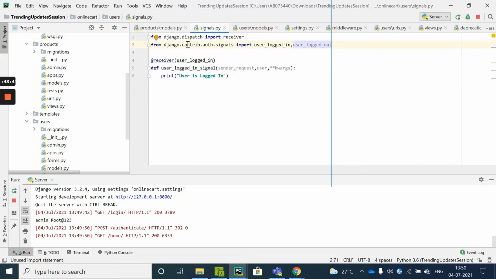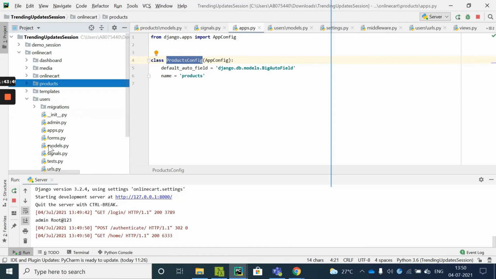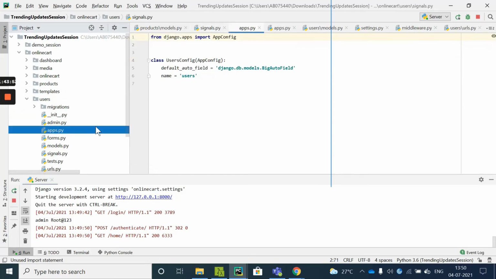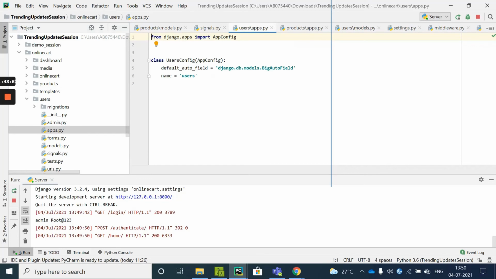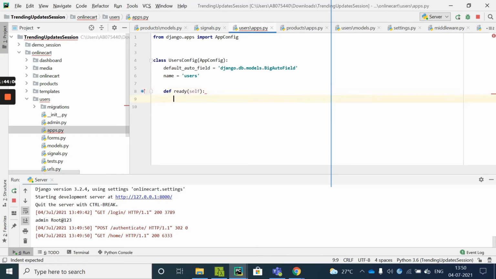So where we can activate this signal is here. Wherever we have written the signals inside the users section, coming to the apps file, here we can activate this signal. Go here, say def ready(self), and then simply say import.